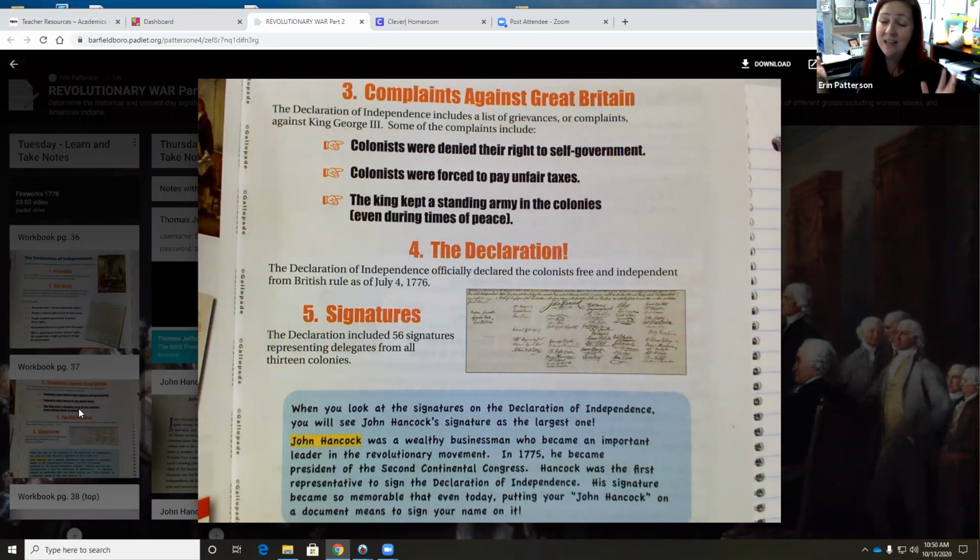This was going against the king and the government. And treason was punishable by death. So all of the men that wrote their signatures on this and sent it across the water to England knew by signing this that they were committing treason and that their lives were on the line for these words